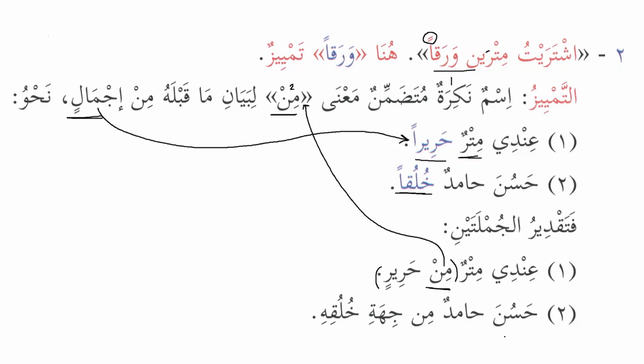And similarly you say Hasuna Hamidun. So when we say Hamid is good, min jihati, from the side or from the direction, khuluqihi, of his manners. So now we can see that the real meaning is that Hamid is good in the direction or from the side of manners. But generally when we talk about tamyiz, then min is omitted, and that's why we can see that it is mansub, as we can see here, and also we can see over here.